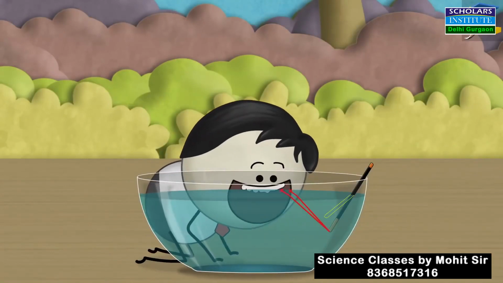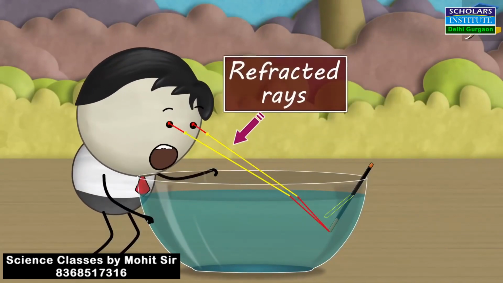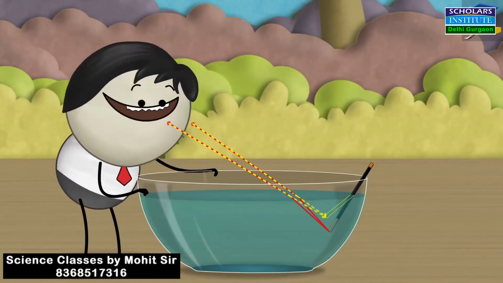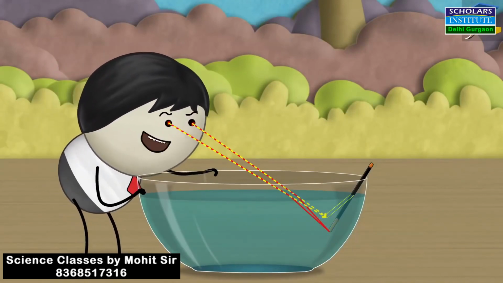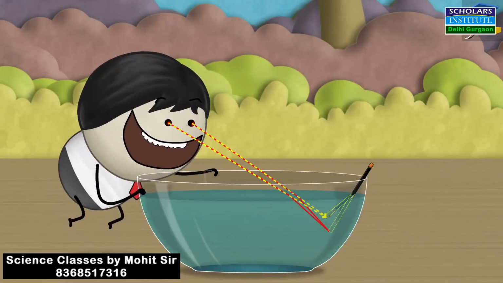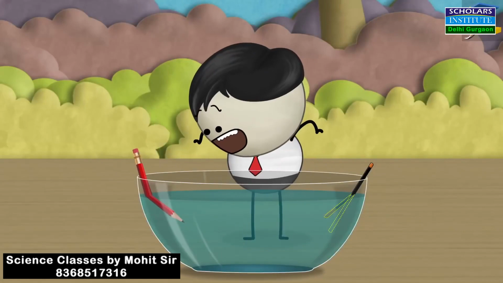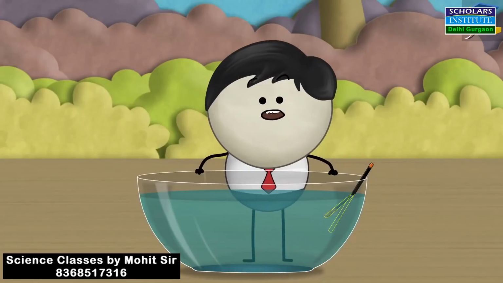Why? Because the bending of light is occurring at this surface. At this surface point, the light is bending away from the normal. And when I retrace it, a new image is formed of this part of the pencil, which is inside the water. Outside the water, there is no bending which is taking place. The light coming from there is coming straight without any bending. But light which is coming from the water into the eye of the observer is bending. And because of this bending of the light, the image appears to be bent. Any object which we put in the water will appear to be bent.